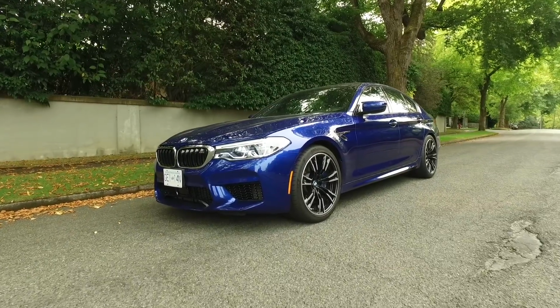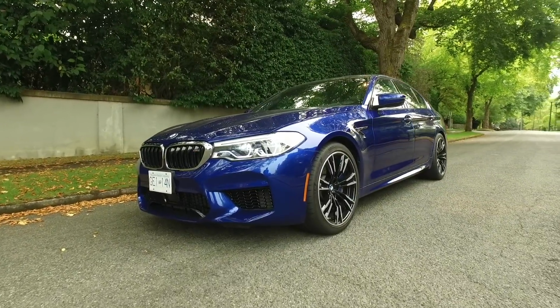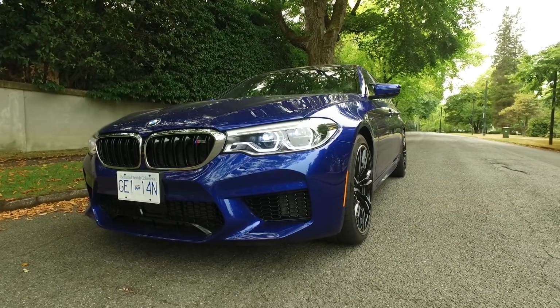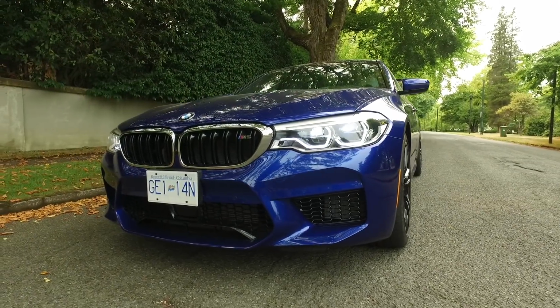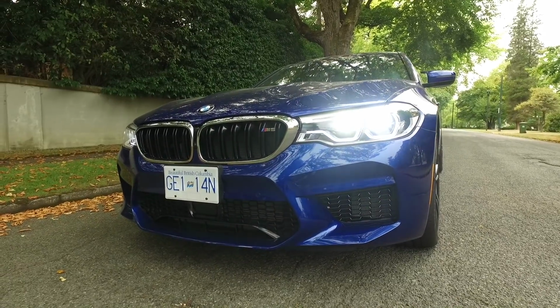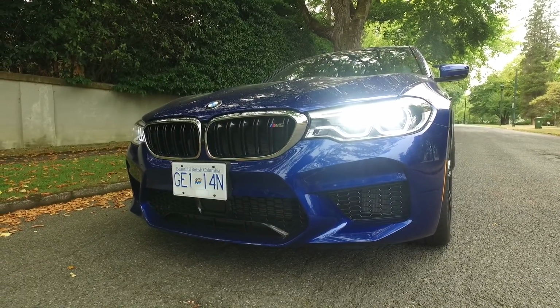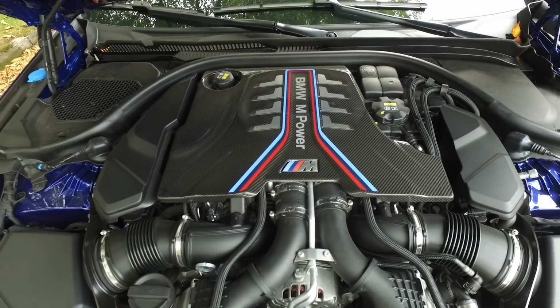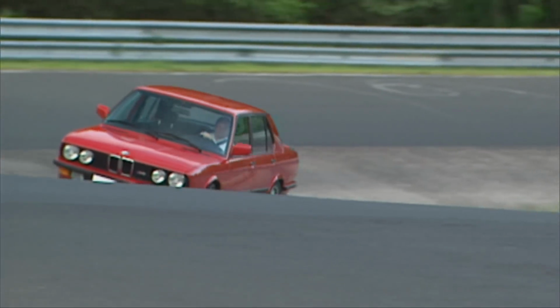Just one letter and one digit, but they carry a lot of weight. M and 5. This is the 2018 BMW M5. The car you see here is the latest high-performance sedan from BMW, featuring a twin-turbo V8, 8-speed automatic, all-wheel drive, and a long heritage dating back to the